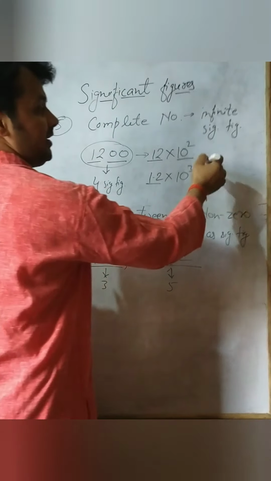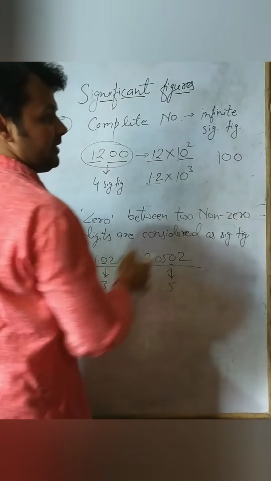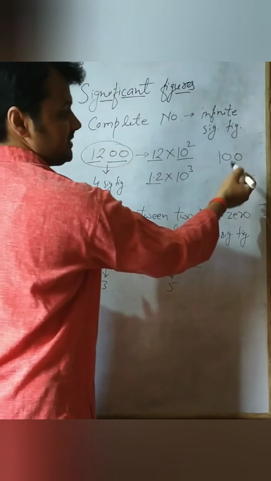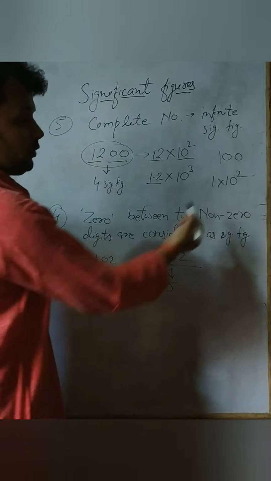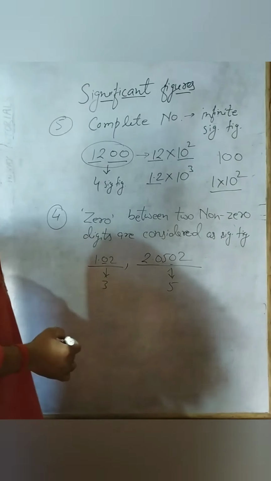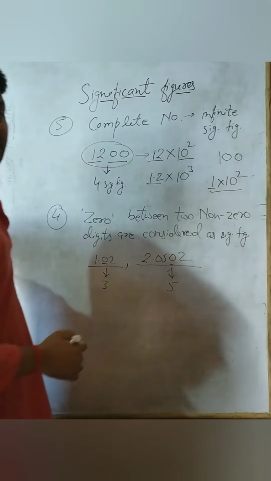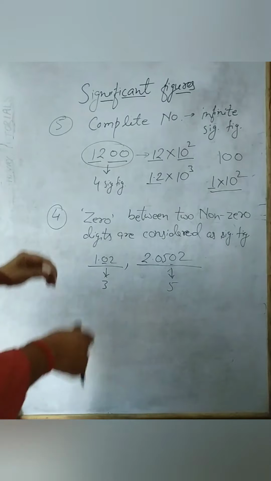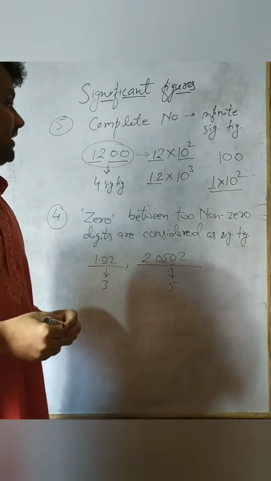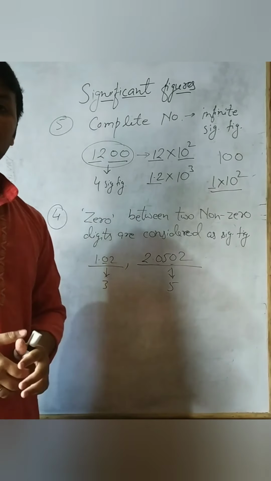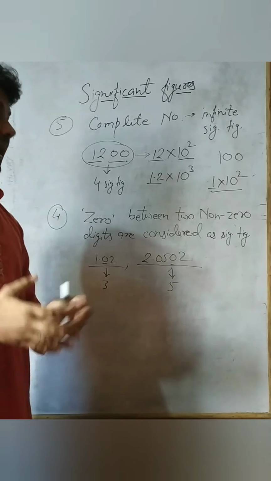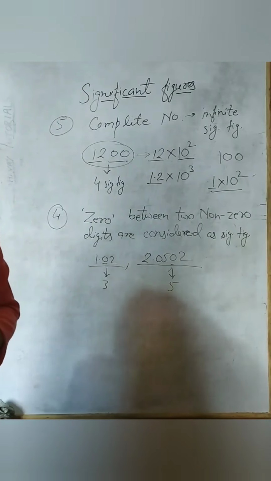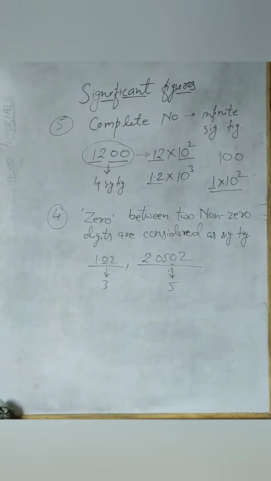Clearly? Similarly, if we take 100, and somebody asks you how many significant figures? It is 3. But if we write in this form, 1 into 10 to the power 2, then it also means 100 only, and it has only one significant figure, that is 1. So this is all about significant figures. These rules you can apply in the numericals, in scientific notations, to calculate the significant figures and get your answers exactly accurate. Thank you.